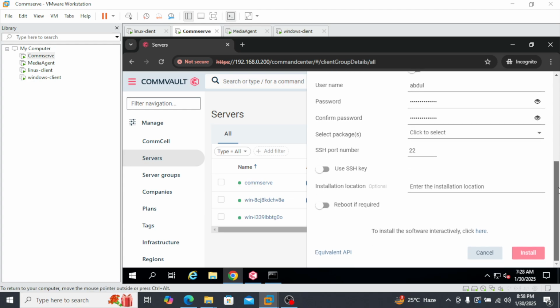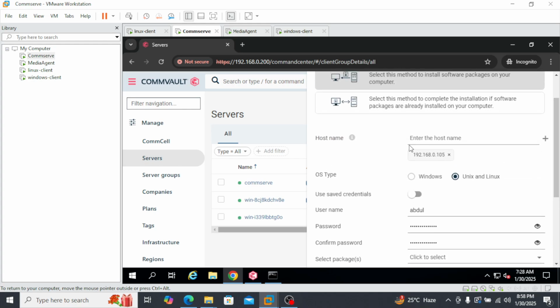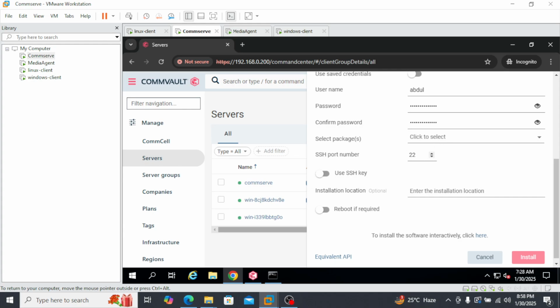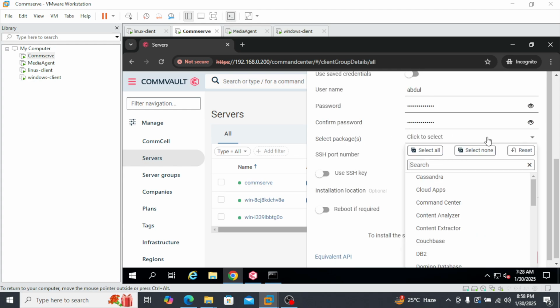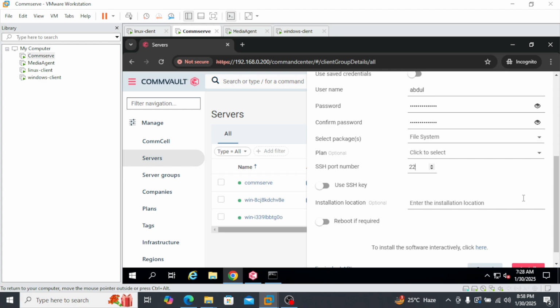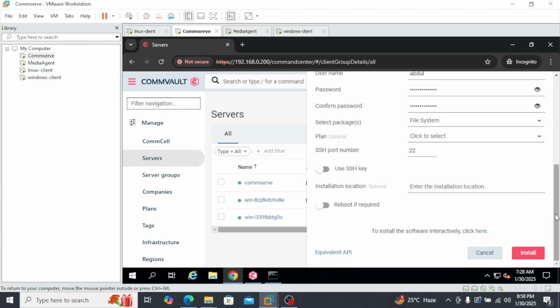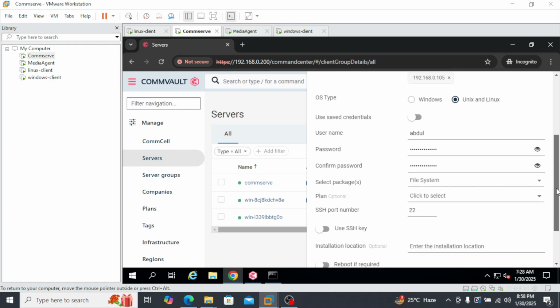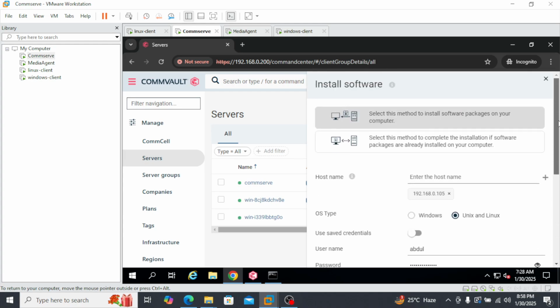and you scroll down. Okay, I missed something. Yes, I missed selecting the packages. So select the drop down here and scroll a little bit down. There is a file system, right? So I'm going to select the file system. Now I can install it. So this method is called the remote package installation or push install, right? Push install. But I don't want to give it a try because I wanted to show you another method of installation